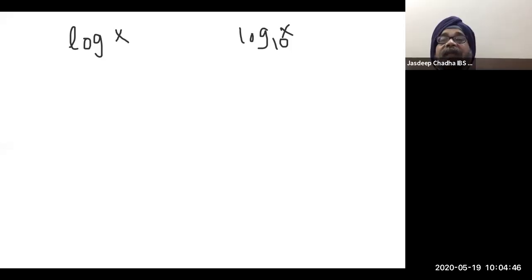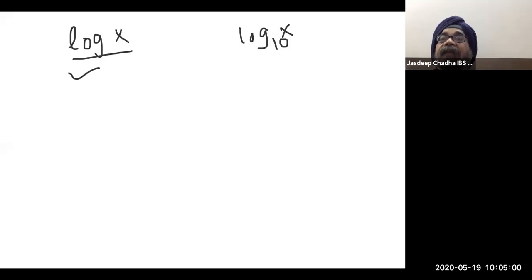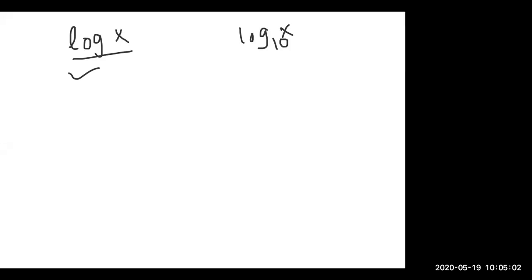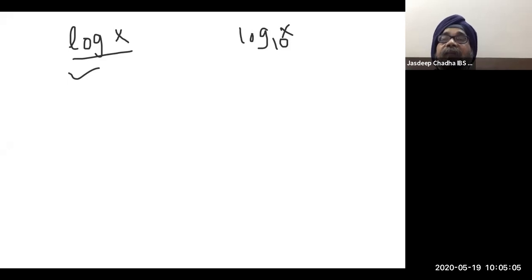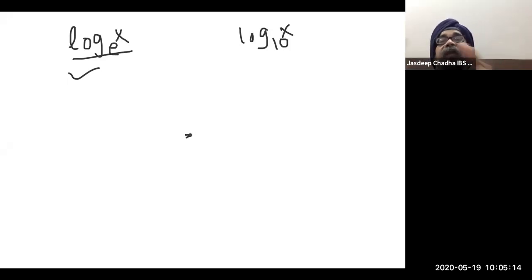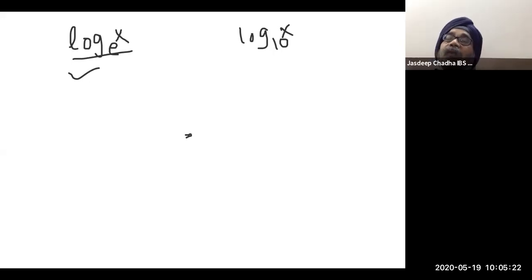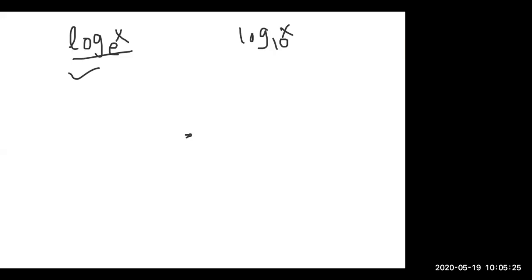You are right. But what is the base in the first one? What is the base here? E. Yes, correct. Whenever no base is written, it is the natural logarithm. It is always to the base e, so this is base e here. It is not assumed, it is by default e only. If the base is given, fine. Otherwise, it is always e, the natural logarithm. E is exponential. Clear, everybody?